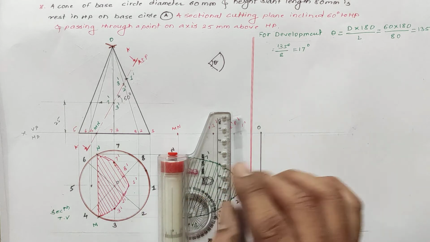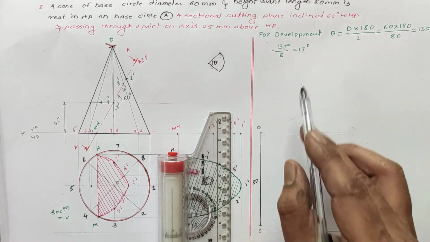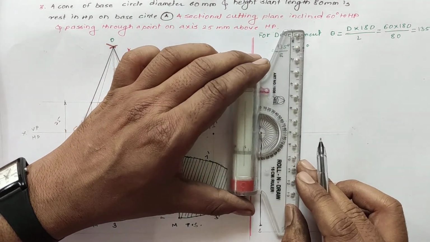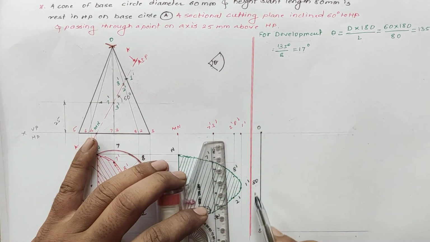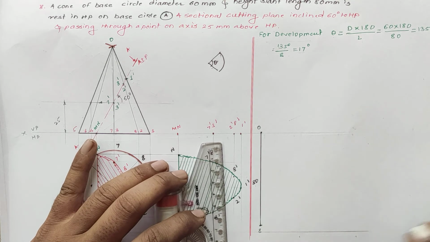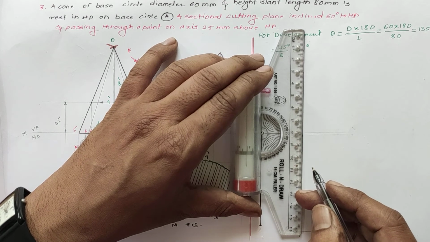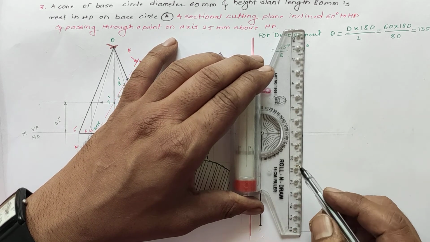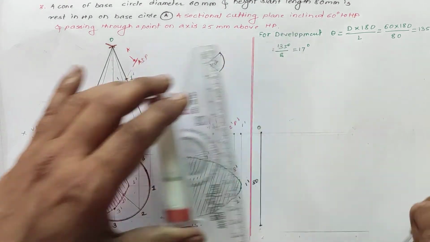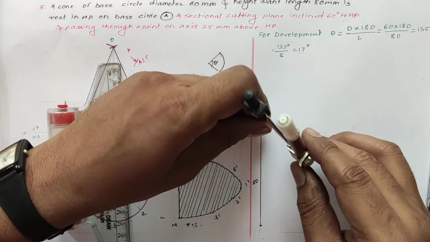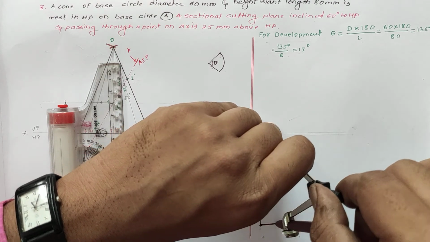So the circle is divided into 8 equal parts, so dividing 135 by 8, we get near about 17 degree. So take the 135 degree angle, first mark the point O, draw the vertical line exactly 80 mm. Then take the angle from point O, or another method, take the point O to end point distance and draw the arc,